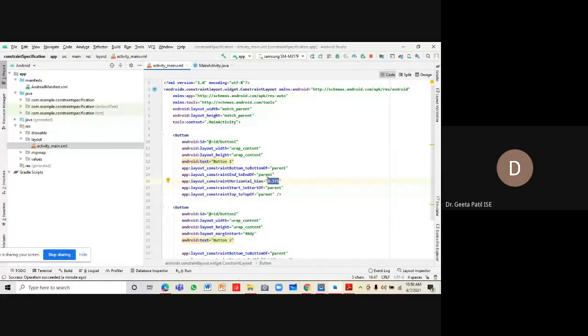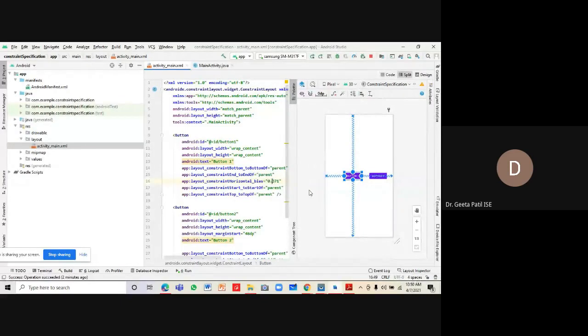It is placed right at the half, the middle. Now the horizontal bias is made 0.371. So let us make the bias 2.2 and see what is happening. See, still it is moved to the left-hand side. This entire screen is taken as 1. If it is taken as 1, the middle of it is half. So by default it is half, that is 0.5. If you want to move it